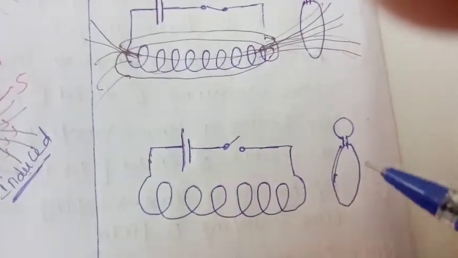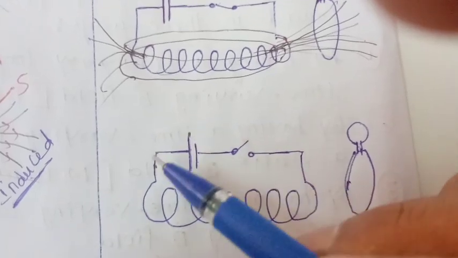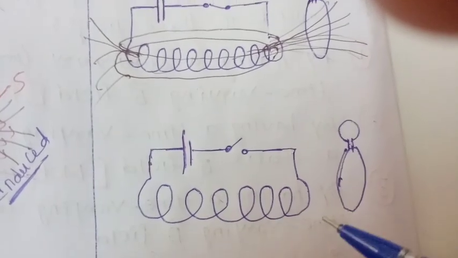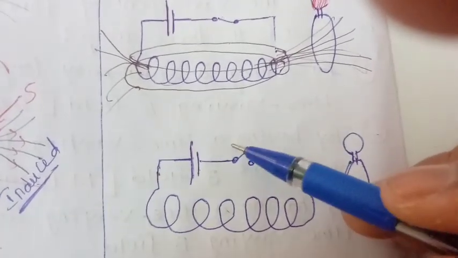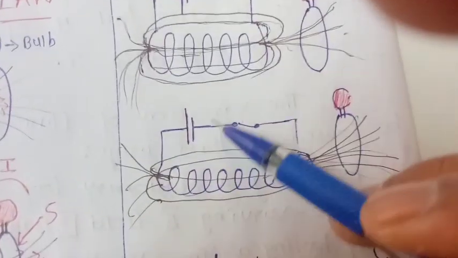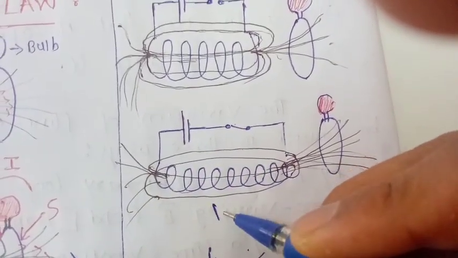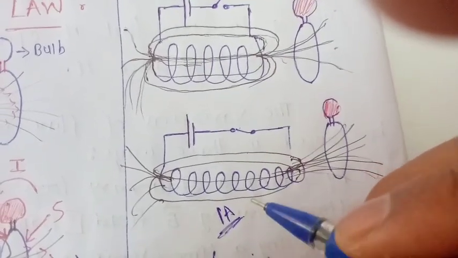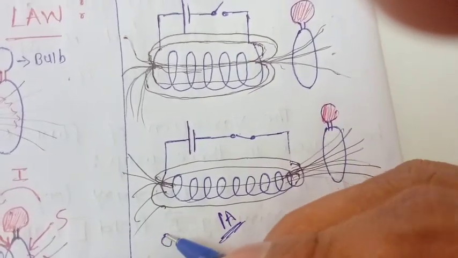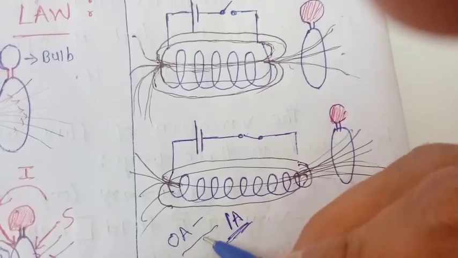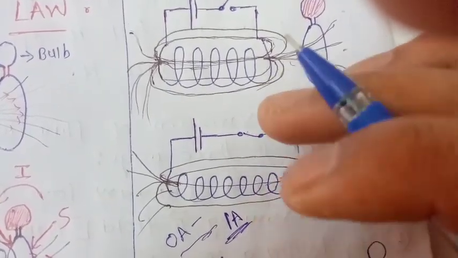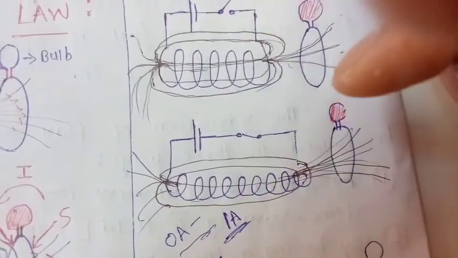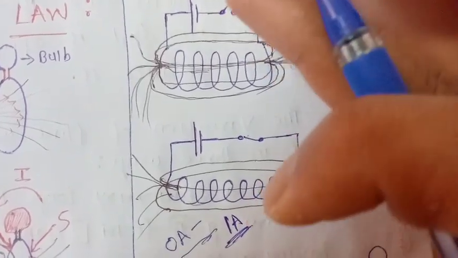Now Faraday replaced this bar magnet like this, with a battery, a coil and a switch, and he once again performed the experiment. Observe this experiment. When the switch is closed, let us assume this battery passes 1 ampere of current. We know that the current will go from 0 amperes to 1 ampere, but it won't look like that. Whenever the switch is closed, it looks like the current is 1 ampere, but practically the current is not 1 ampere directly.